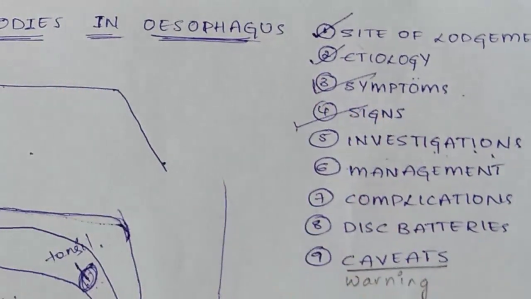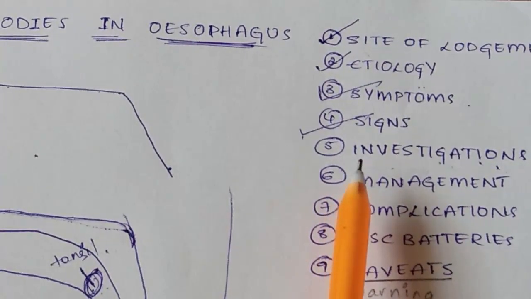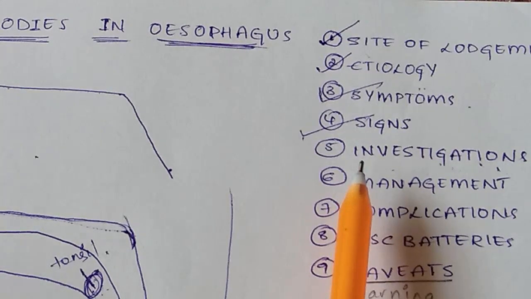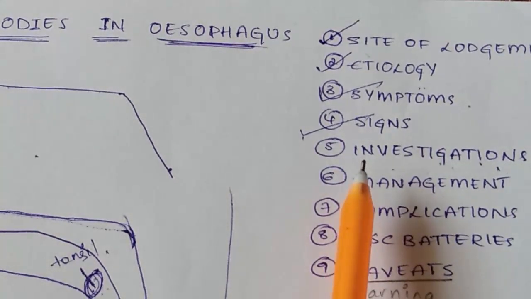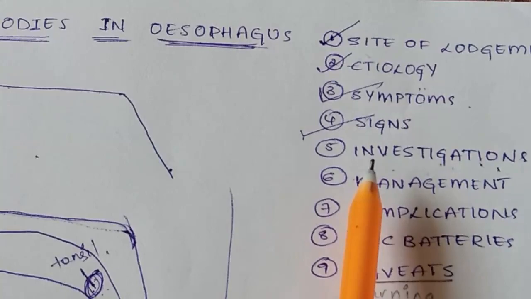If we cannot see a foreign body on X-ray, we cannot confirm that there is no foreign body, so we have to go to endoscopy. There are some foreign bodies like bone or meat or even some food material that are radio lucent, not radio opaque. Only radio opaque foreign bodies like coin or needle can be visible on X-ray.